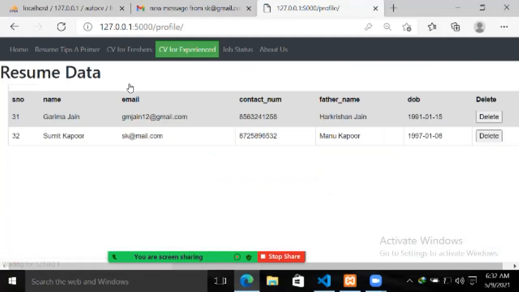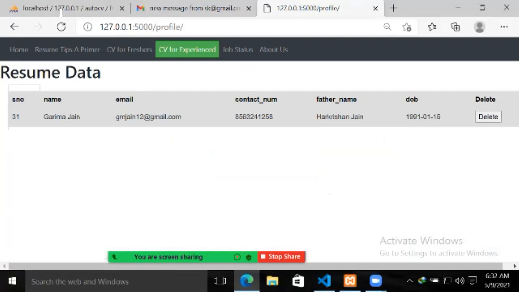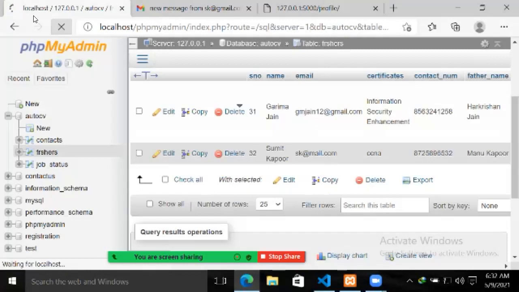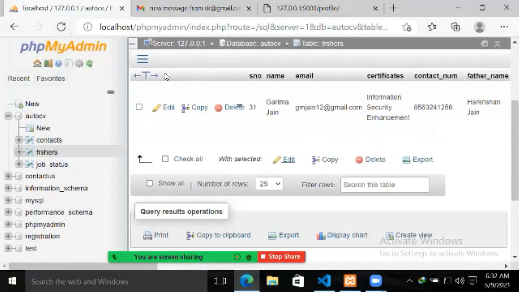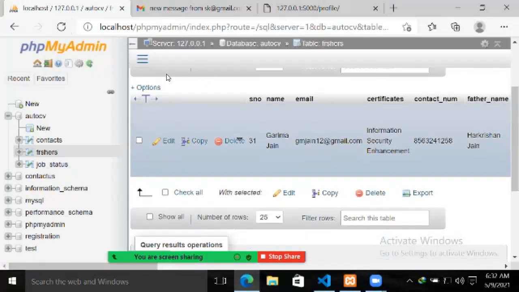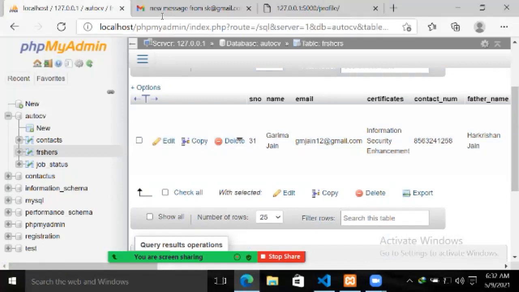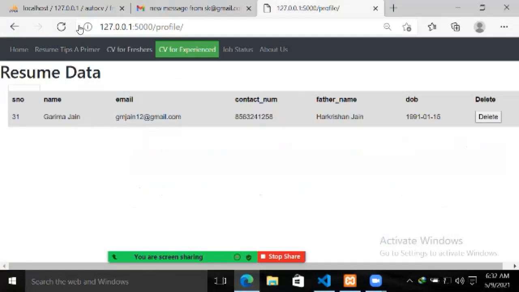As soon as I log in, I can see the updated CV which was created by this user. Then I will click on delete, and this data gets deleted from the database and also from my admin dashboard. With this, I have shown you how I have implemented the CRUD functionality.